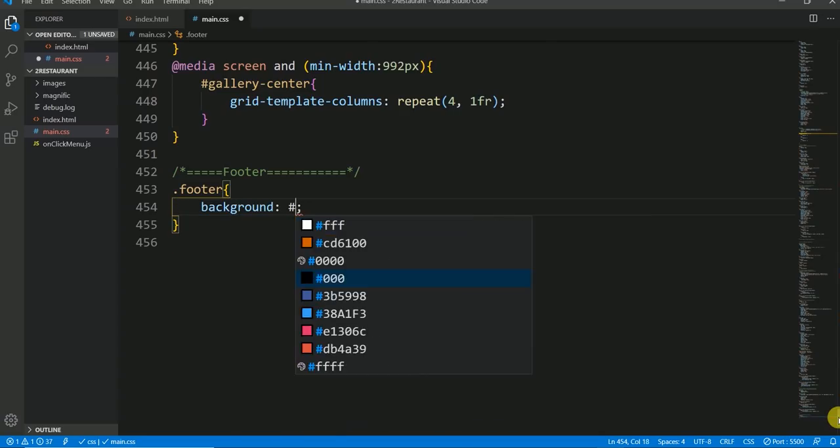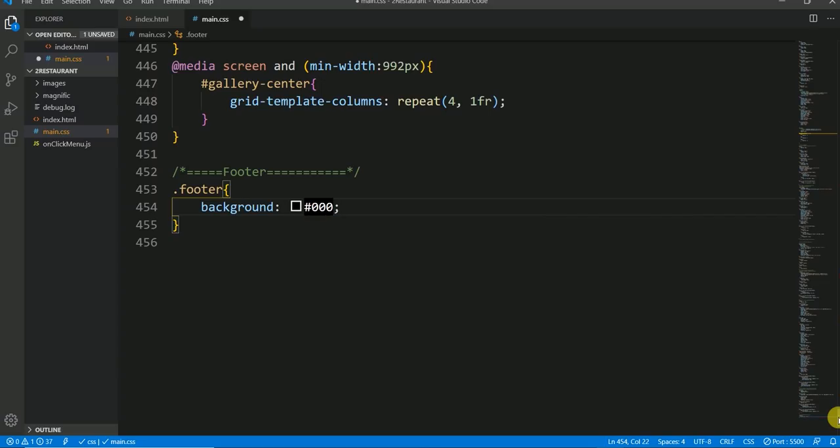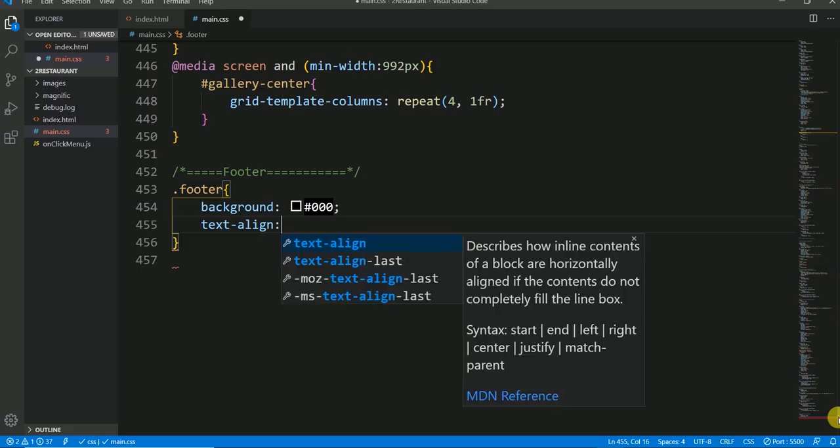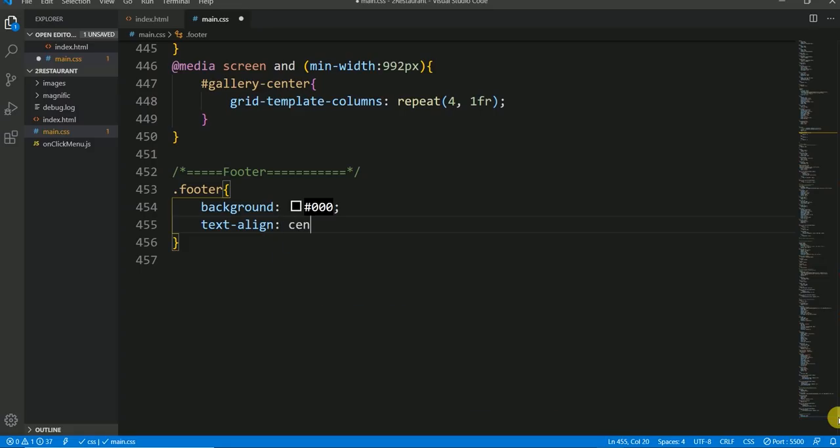Background would be black, and the text alignment for this would be center, and then I'm going to have a footer text,